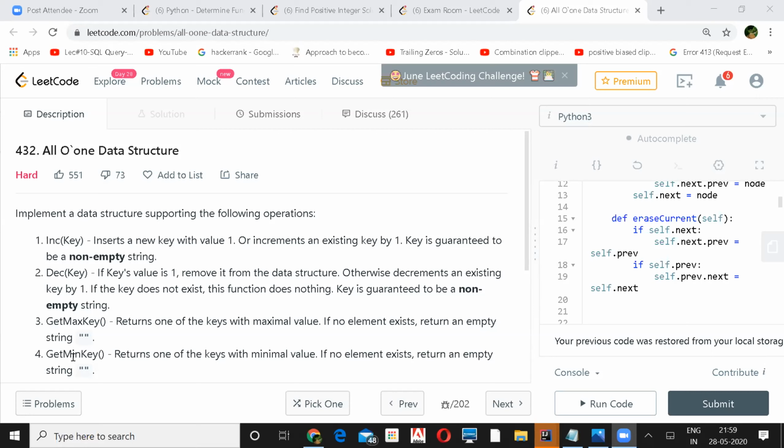Yeah, I was thinking to use a hash map where you have the key value pair, and the value would be your number, and then have auxiliary variables where we can have a running max and running min. But the problem is when I remove a specific key, and if that key happens to be either min or max, then I'll have to recalculate the current min and max, and that would again be a linear scan.